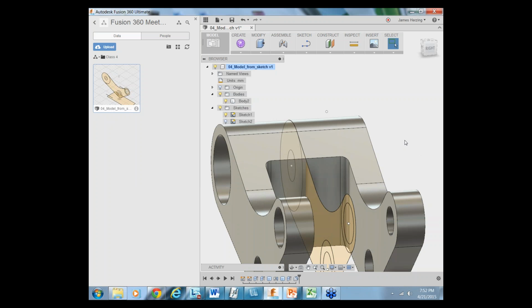Fillet in the modeling environment is actually a different command than fillet in the sculpting environment, because one is a 2D command and one of them is a 3D command. You have two different commands for two different functionalities. I think it's their way to save on how many buttons you have to click, but I can see where it would cause confusion. I've also run into problems where there's a fillet command for sketching, and